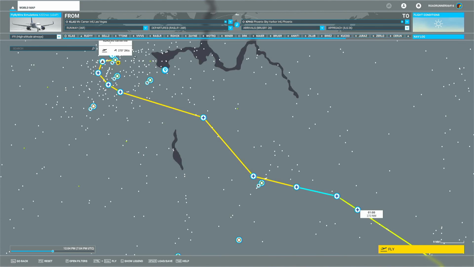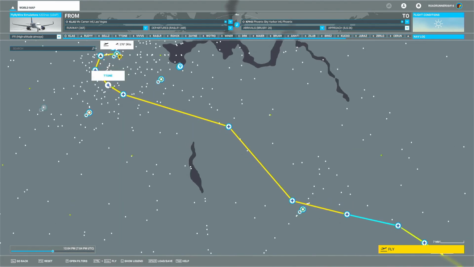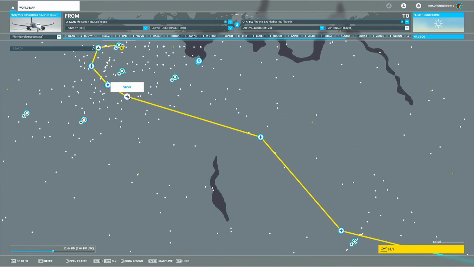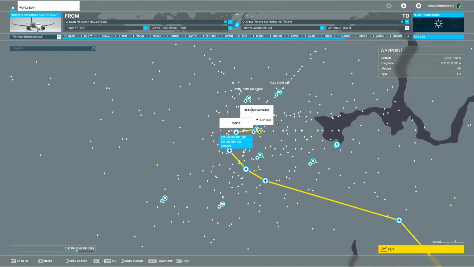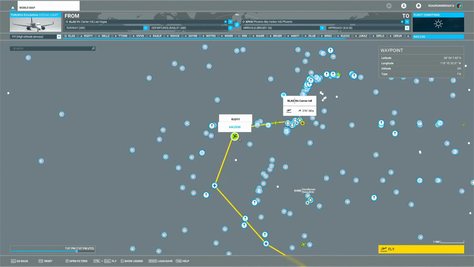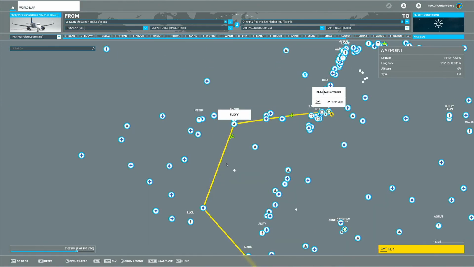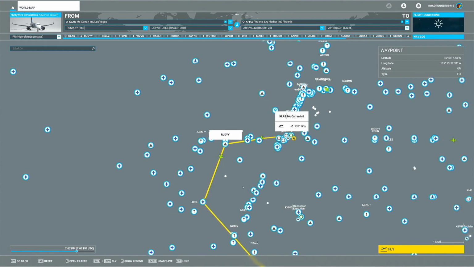Okay, because they follow a certain specific route using waypoints here. So here we can click on an RNAV waypoint. This one is a fixed or ground-based waypoint, and you can see here two aircraft actually following the route. This is live traffic, so two aircraft are following the same route here,